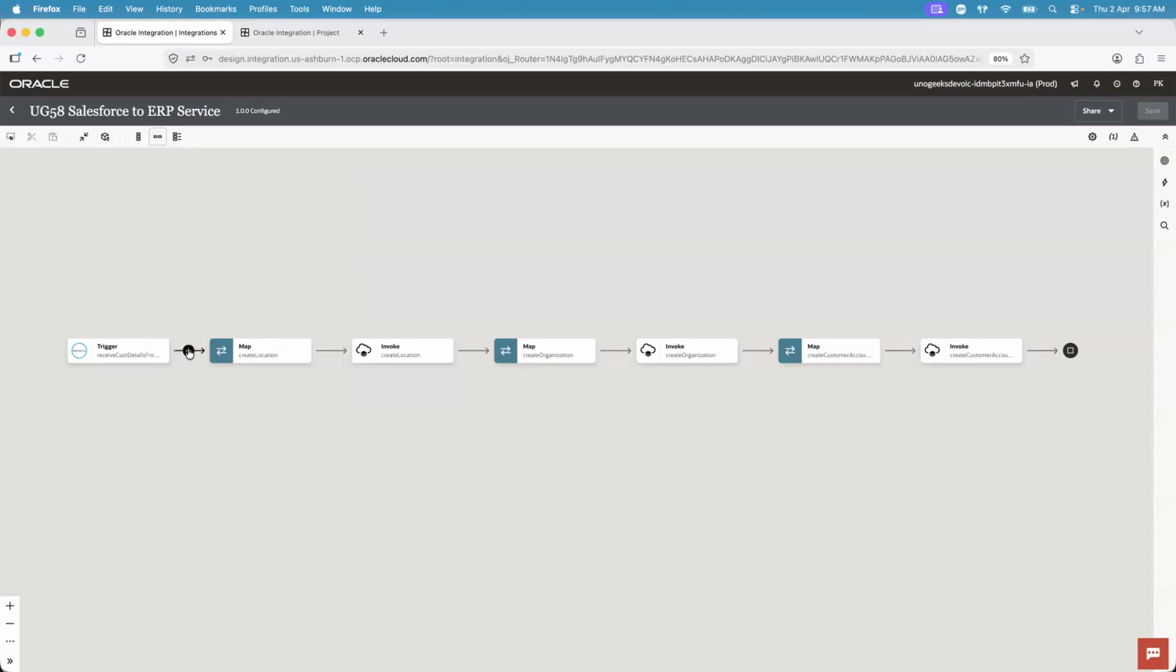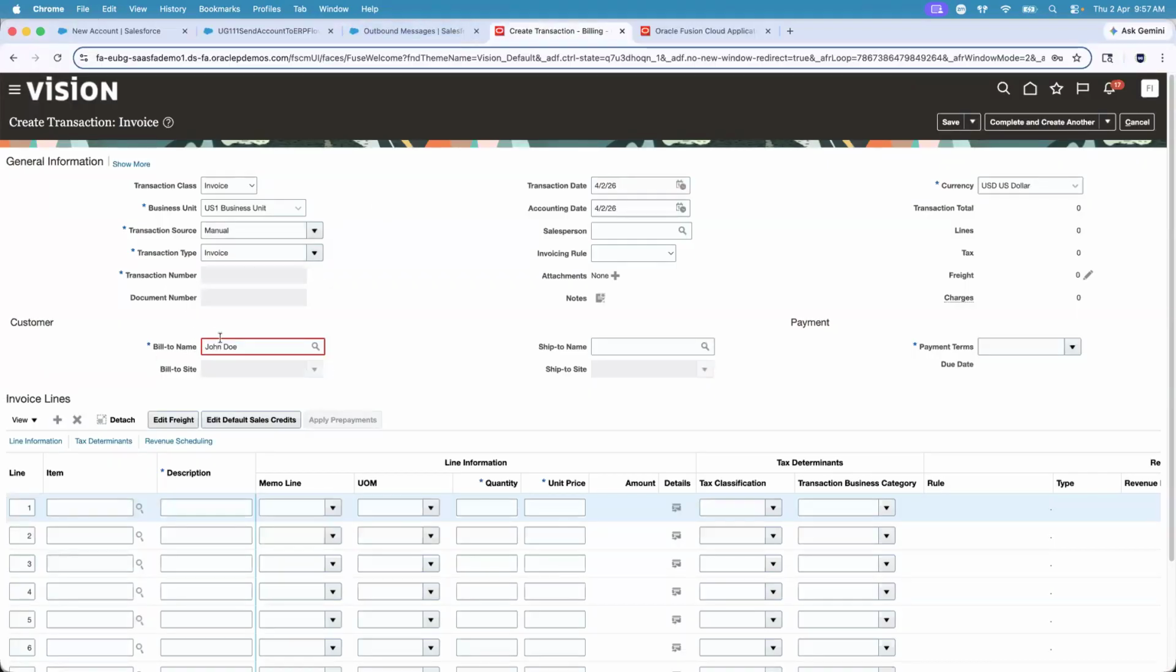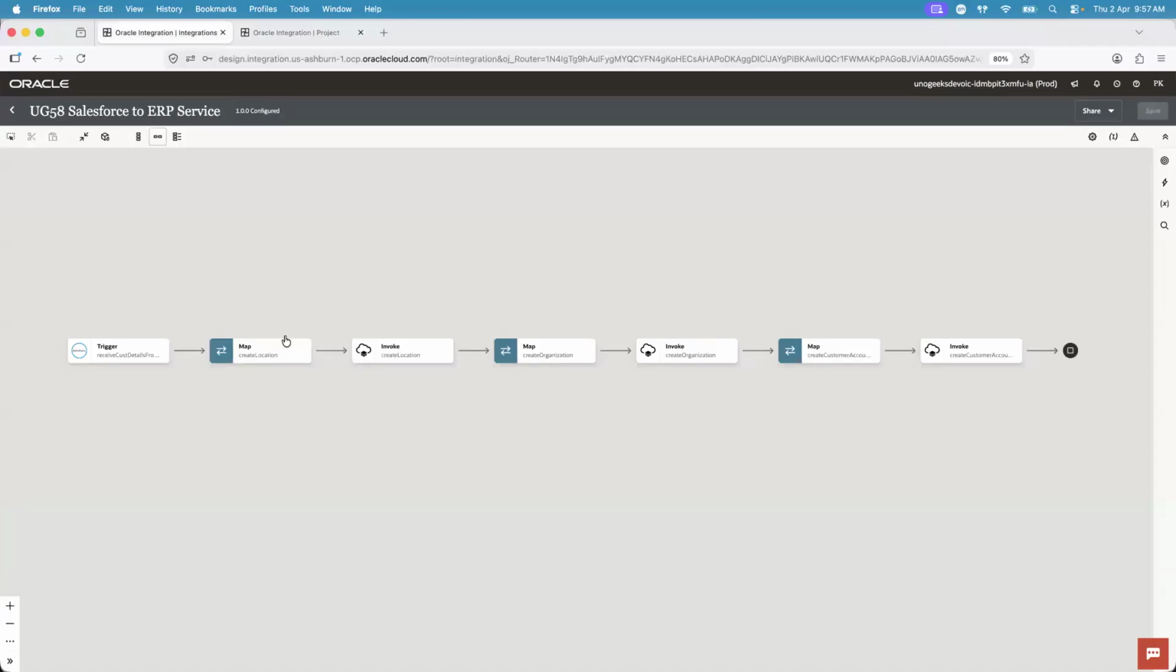And I need to create a customer in ERP Cloud. With those details, I should be creating a customer in ERP Cloud. And I ask them, what is it that I need to do? Now, at this point, a client, the Fusion technical team, will give you a design for creating a